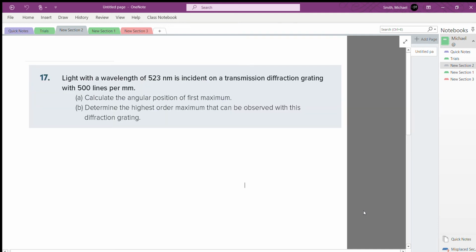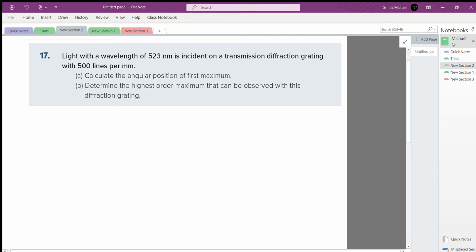This is question 17 from the SACE Stage 2 Physics course companion from Subtopic 3.1, the wave behavior of light. Here we have light with a wavelength of 523 nanometers incident upon a transmission diffraction grating with 500 lines per millimeter. First, we need to calculate the angular position of the first maximum, but before we get into that, we